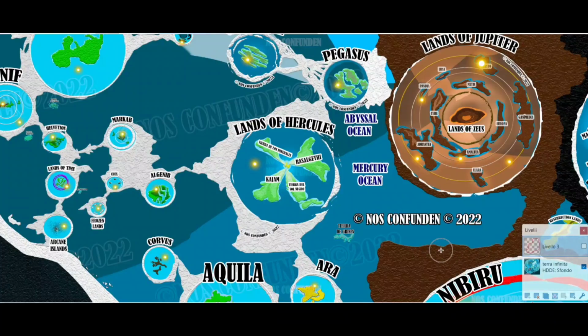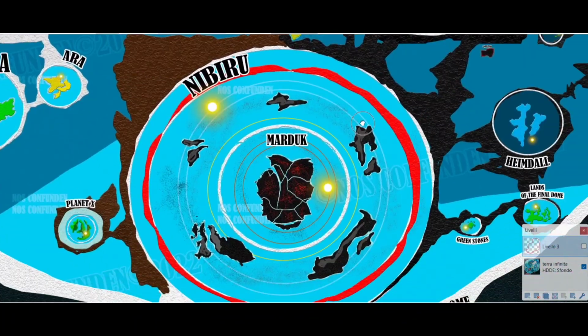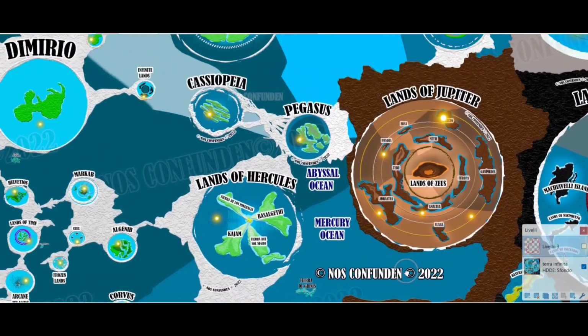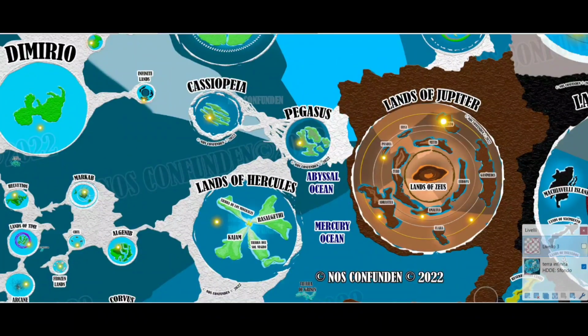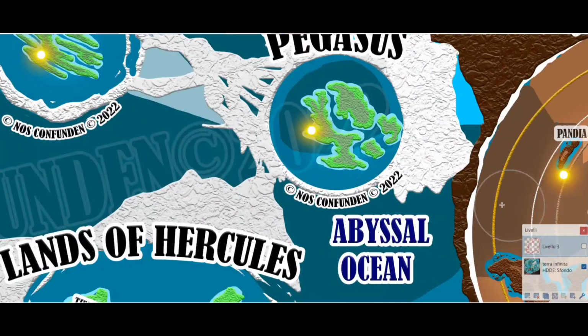There's theories that this map refers to the ancient gods as some sort of aliens or stuff like that. We've seen it with the whole Nibiru deal, but let's not get too much into the thick of it, because once again, if we do, then we'll be here for 4 hours, which we really don't want to. So let's continue with Pegasus now.